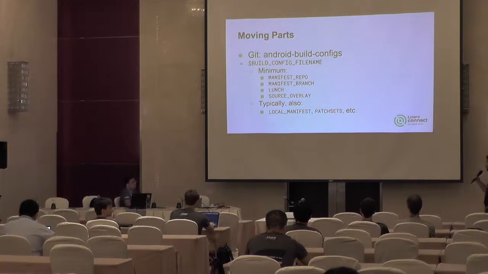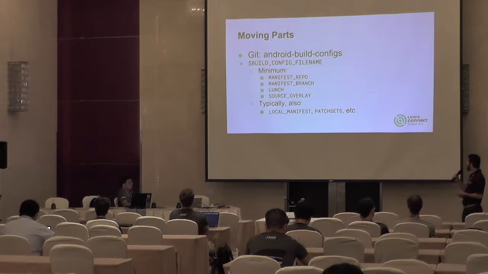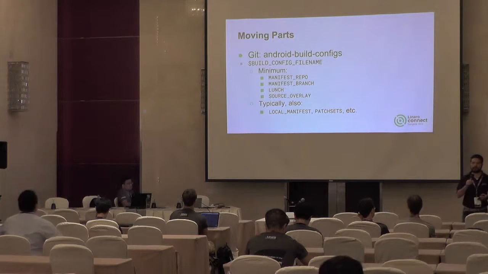Now, an Android build configuration must have at the bare minimum 4 variables there: manifest repo, manifest branch, launch, and source overlay. I think we saw that in the front end, but typically it will have a lot of other variables which will tell Jenkins how to build, will tell the scripts how to build your Android build, like the local manifest, the patch sets, and